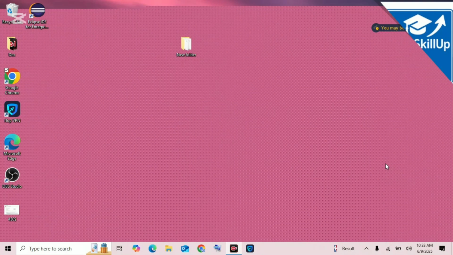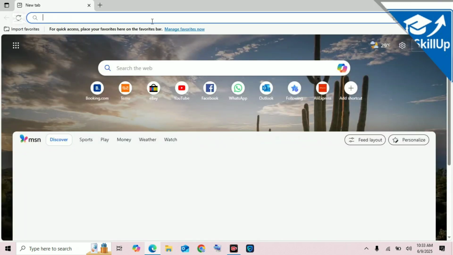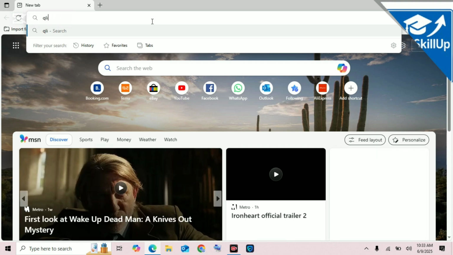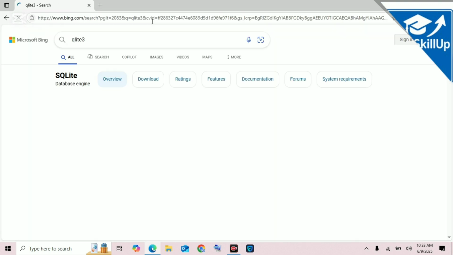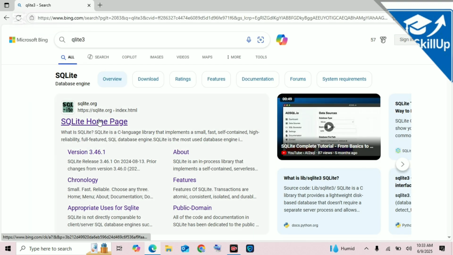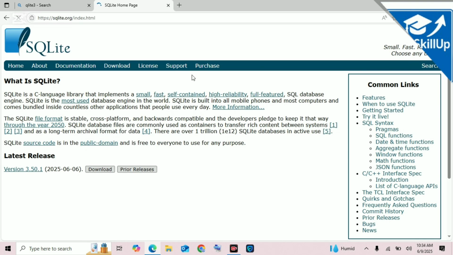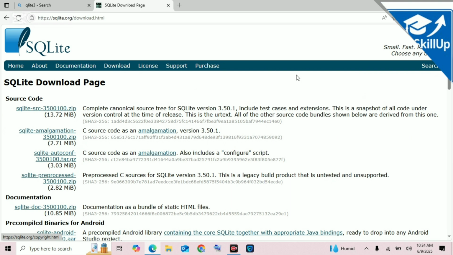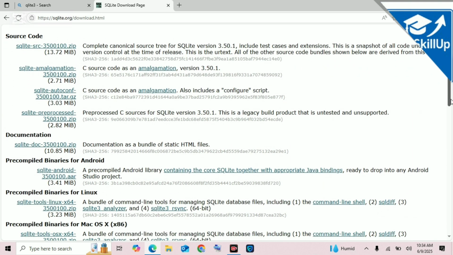Today we are going to discuss how to install SQLite in your laptop. So let's start. Search here SQLite 3 and we will open the first website, and then click on download. Choose pre-compile. Scroll down